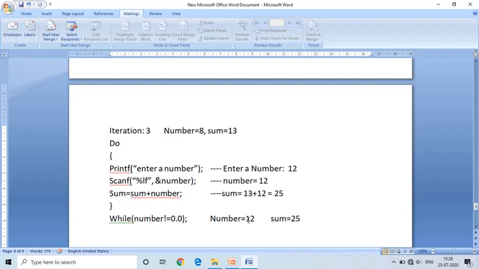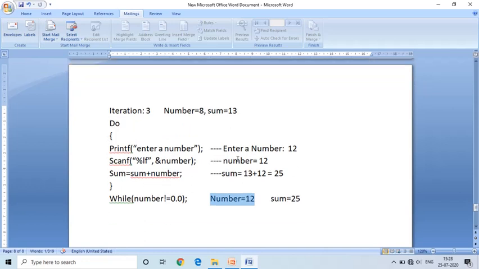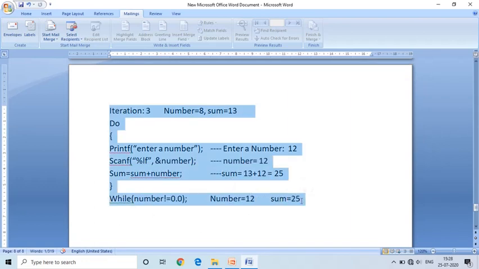Yes, number consists 12. Right now the condition is true. The control passes to the beginning of the do while loop. Now iteration 4 is started.